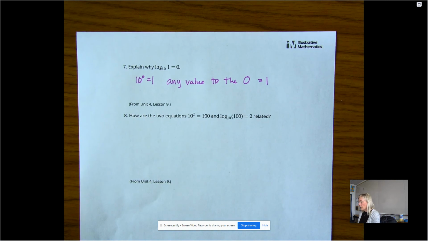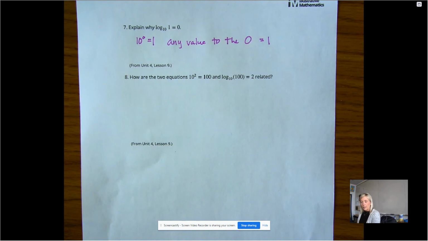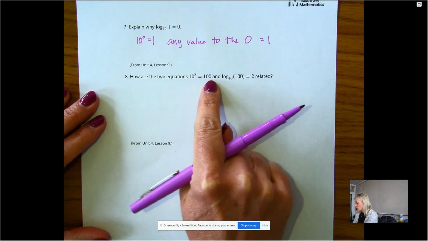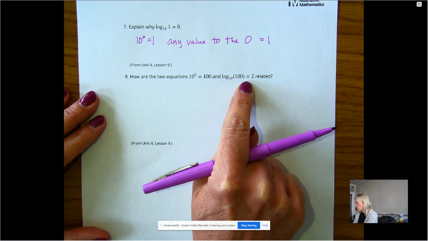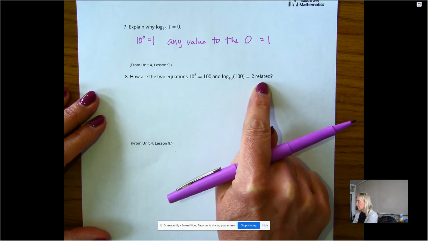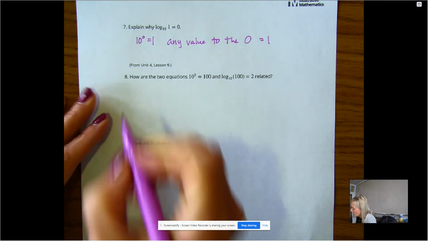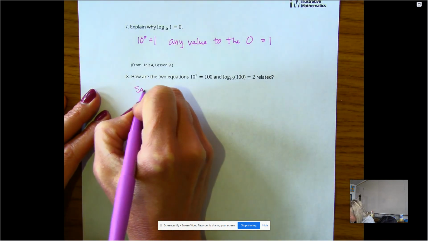All right, and then finally, here are the 2 equations. 10 squared equals 100, and log base 10 of 100 equals 2. How are these 2 equations related? These 2 equations are equivalent to each other. They're just in different forms. Okay, so we might say the equations carry the same information, one in exponential form, the other in logarithmic form. Okay, so they have the same information,